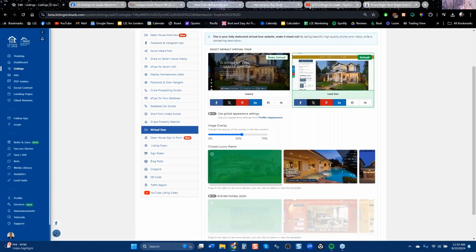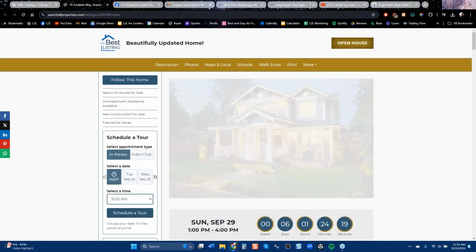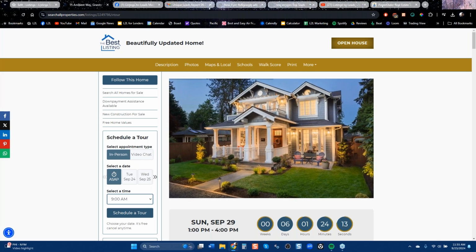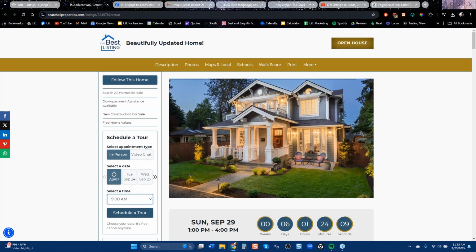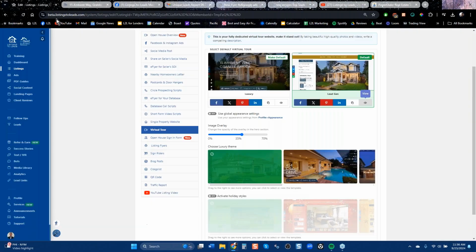We create a virtual tour and we auto upload it to YouTube. If I go look at it here, you'll notice that we're taking the photos and making a pan and zoom video, which will be in the top center of this page. Then we take that same video and put it up on YouTube, and it'll say this home by, meaning this address, presented by your name. If you have your own YouTube channel, you can also connect it and we will auto post to your own YouTube channel, which in a listing presentation is pretty compelling.